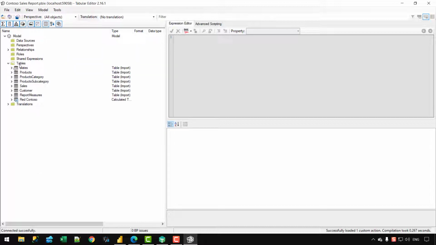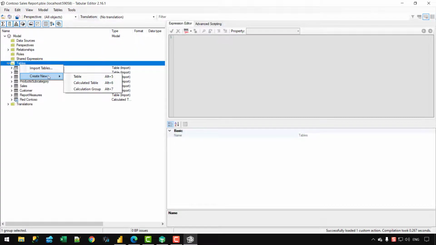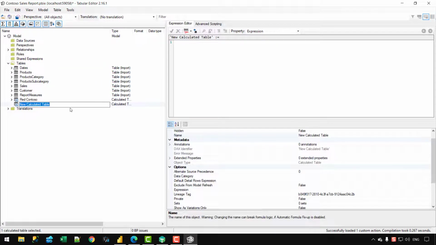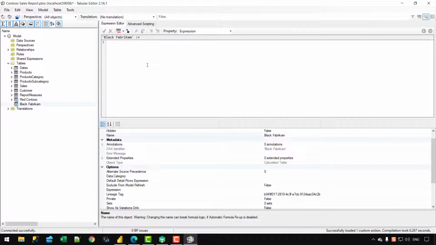And then you can navigate to the table option, and here you can simply right click and choose the calculated table option. Let's create another calculated table. I can name it Black Fabrikam, and here on the right hand side I can write my DAX script, which will be CALCULATETABLE. I think I have made a mistake.